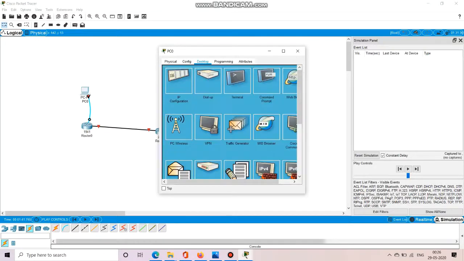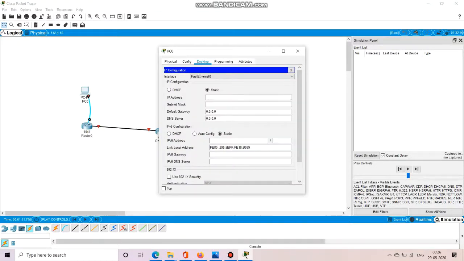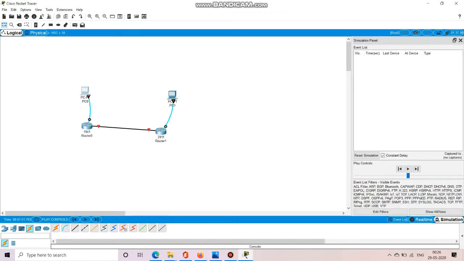Now to perform the configuration with the PC, click on the PC. You can perform the configuration with IPv4 as well as IPv6 gateways with both the features, that is static configuration and the dynamic DHCP configuration. You can assign the IP addresses for static configuration from the desktop tab, after selecting the IP configuration. So this is the general overview of how you have to select the devices for your network configuration, and how you can access the configuration window for those devices in Packet Tracer.